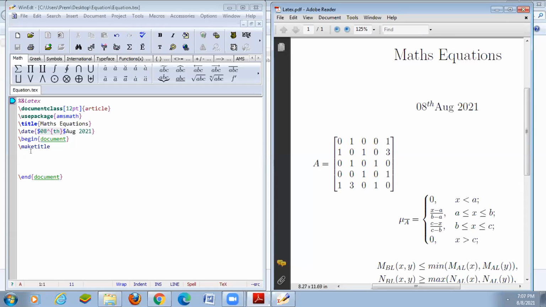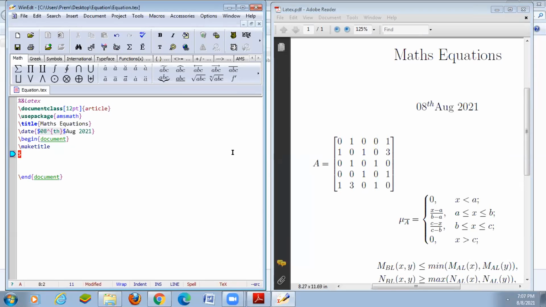So matrix is one of the mathematical equations. So matrix is also one of the mathematical equations. So we can use it within the dollar symbols, or we can use the begin and end equations. So now I have to use the dollar symbols. I can type that matrix. Okay. So to display the same matrix, I have to type it in LaTeX.